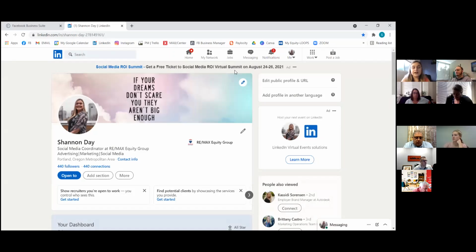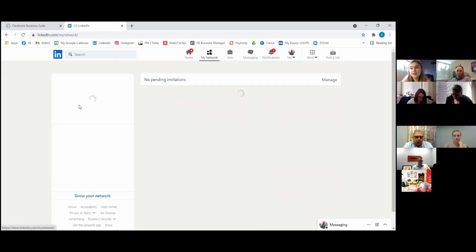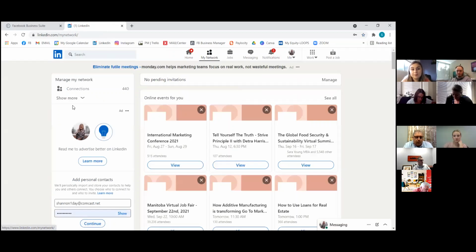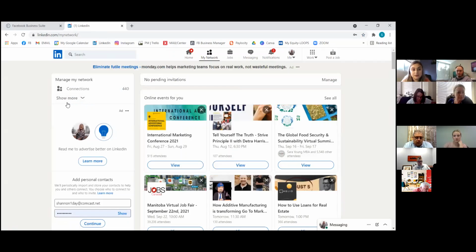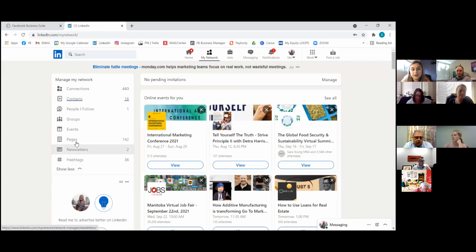Okay. All right, so now we are on good old LinkedIn here. The best button on this entire area is going to be your My Network button. And this is at the top of the nav bar. And you can always press this show more so you can actually manage your network and see everything on here. But this is huge, this area. So you're going to see a lot of similarities to Facebook and Instagram, because LinkedIn is definitely taking on a lot of those similarities in terms of that. So like people you follow, groups, and pages. So that kind of goes along with everything that we've been talking about.